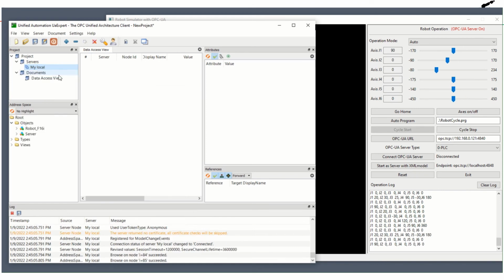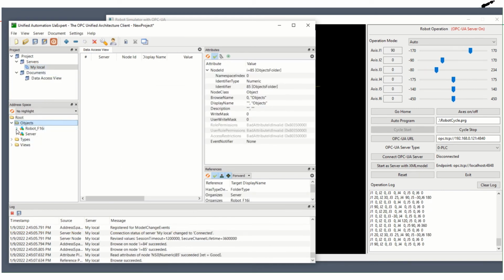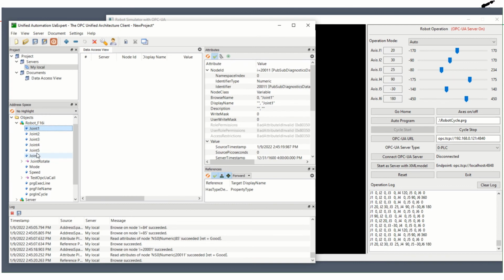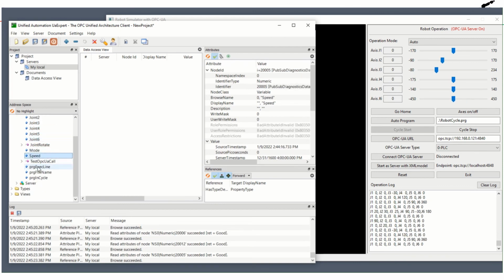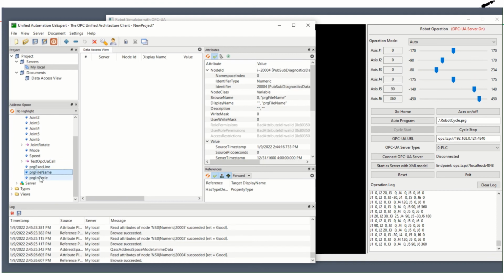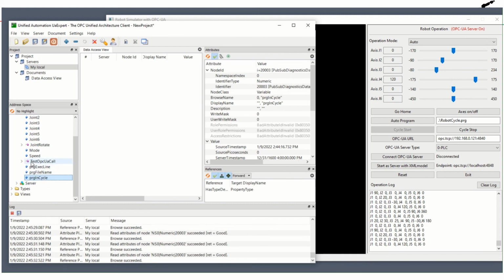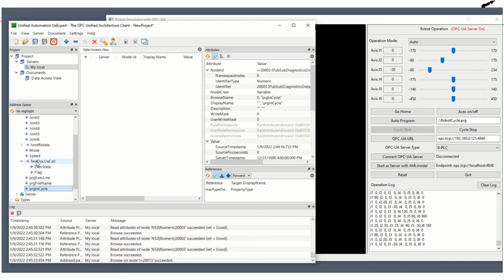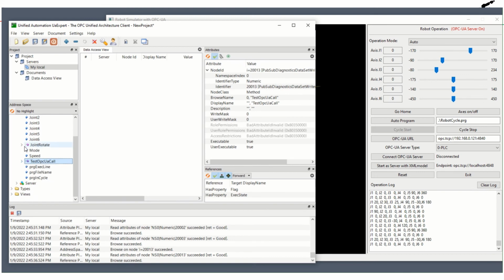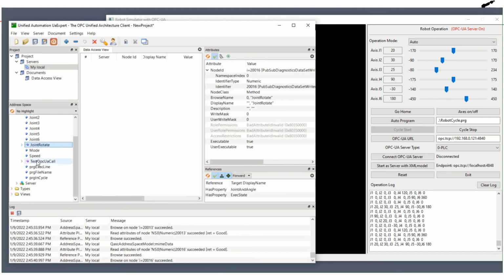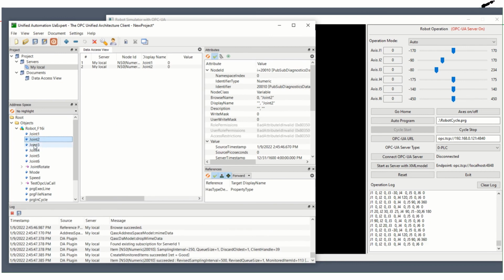If we connect, we will see we can browse the objects in this OPC UA server information model namespace: all the joints, mode, speed, and the program file name, program in cycle, and also we disclosed two methods as well. So now if we drag and drop the joint,